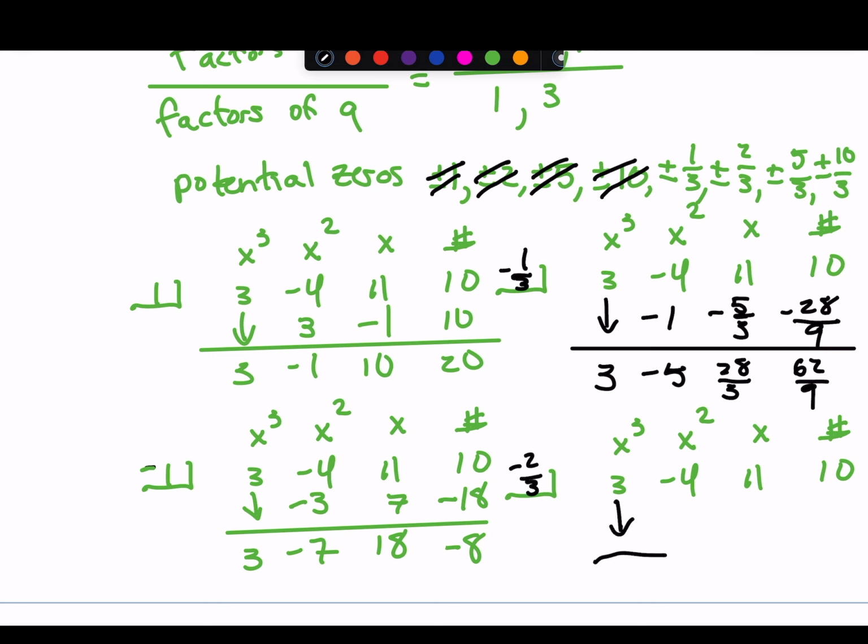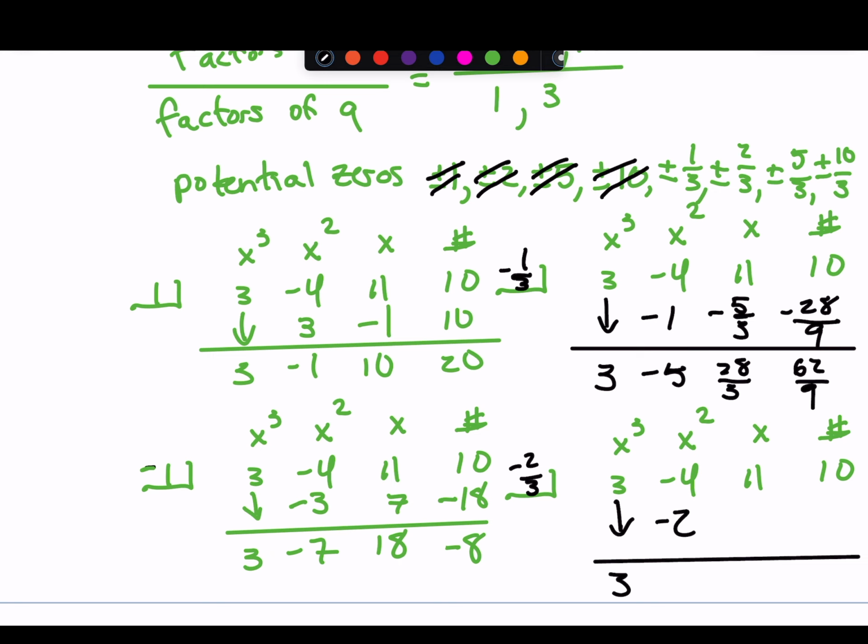So we'll bring down our 3 again. 3 times -2/3 gives us -2. -2/3 times -2 gives us 4/3. 4/3 plus 11 gives us, I'm sorry, I didn't add those yet